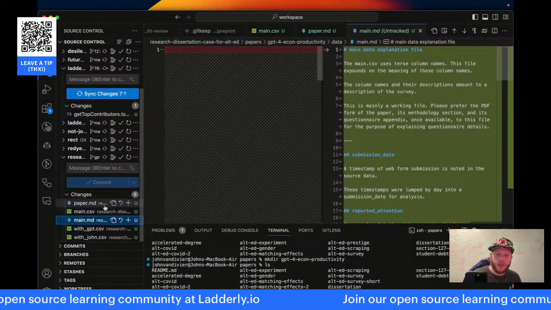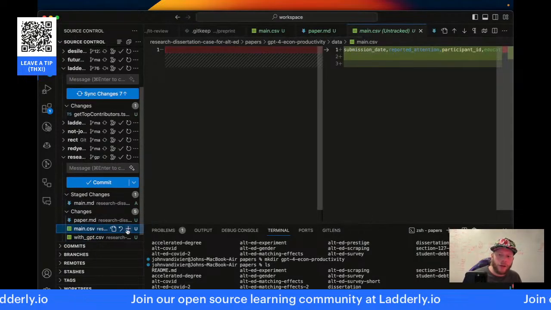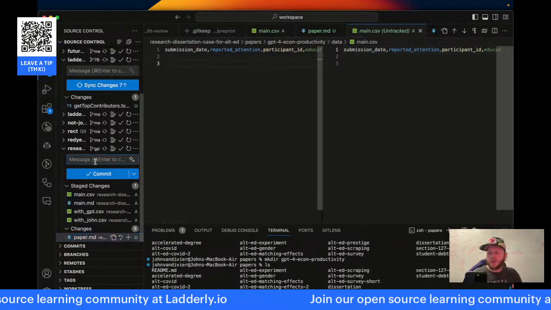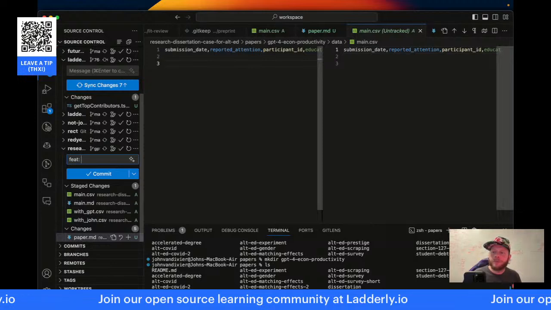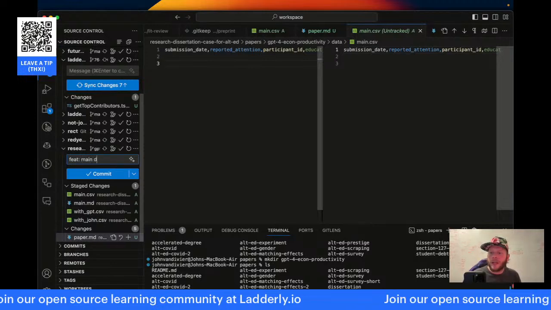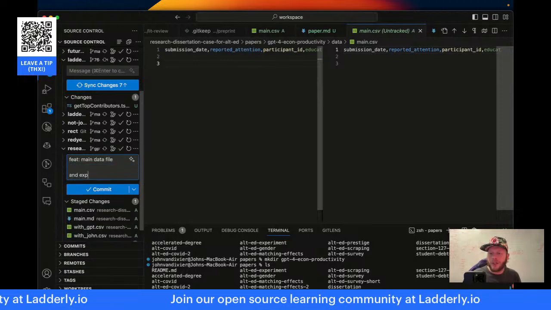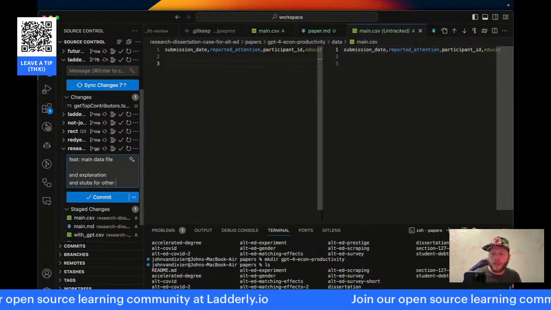So we have the main data explanation file done. We have the title row written out. Okay, so this will be feature: main data file and explanation and stubs for other data.